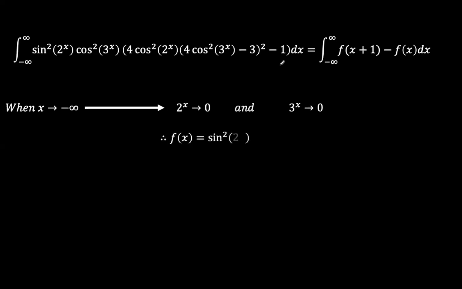So f(x), being equal to sine squared 2 to the power x times cosine squared 3 to the power x, tends to 0, since sine squared 0 is just 0. So this tends to 0. And also,